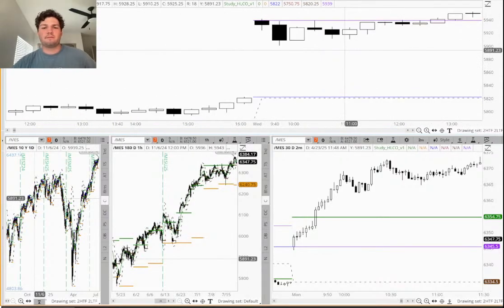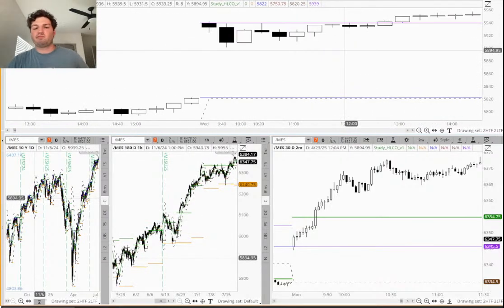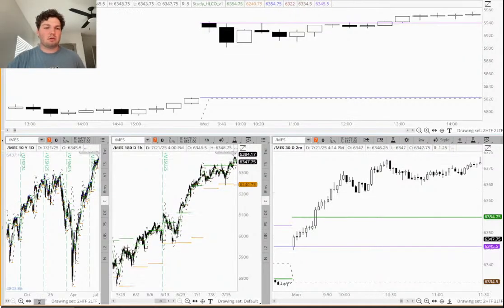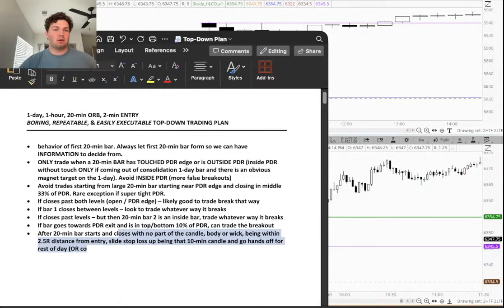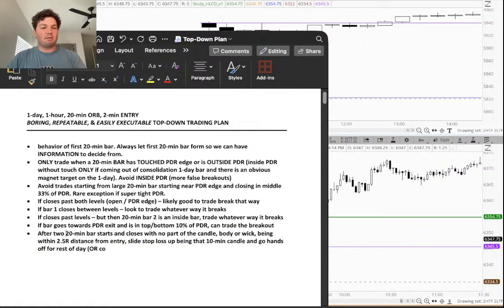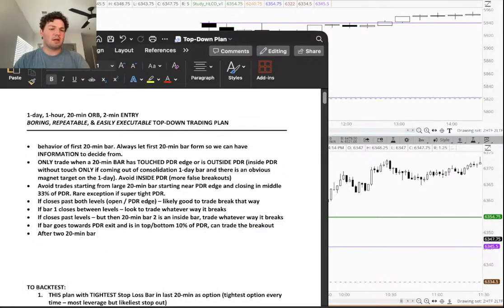So I think maybe what we want to do, unhide the Microsoft Word. What we want to do is say after 2 20-minute against trend bars form,